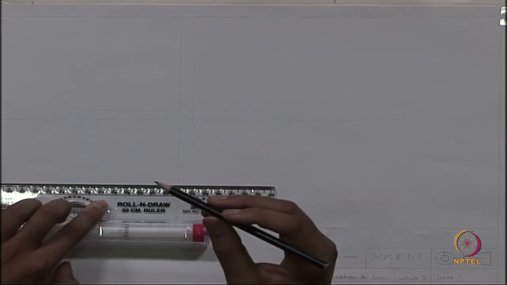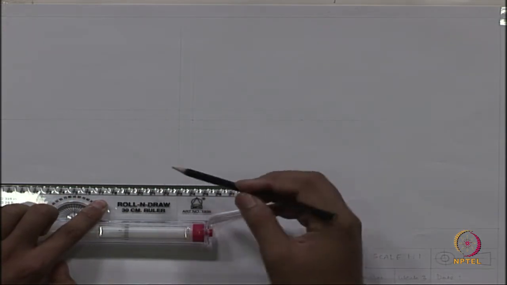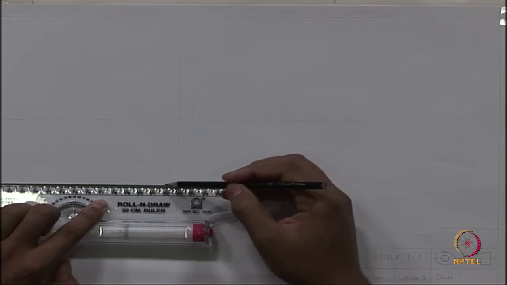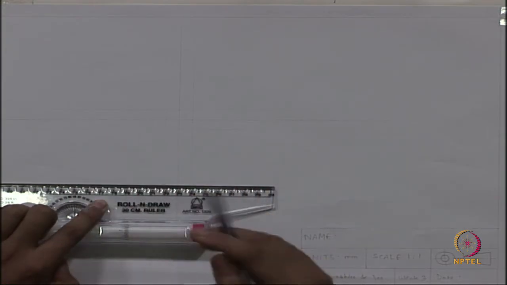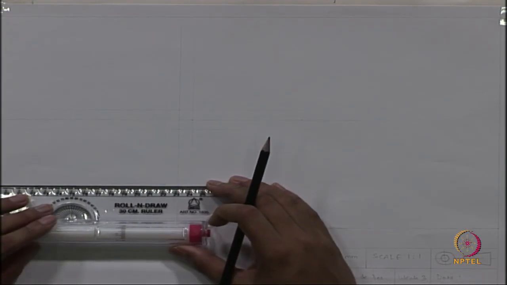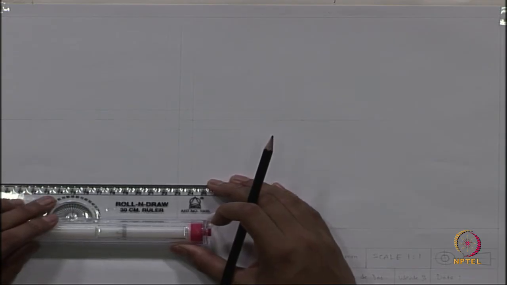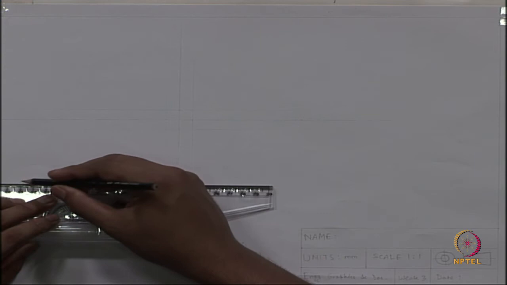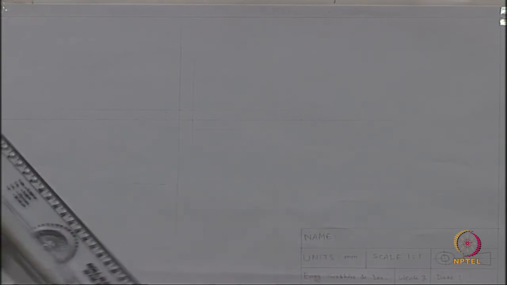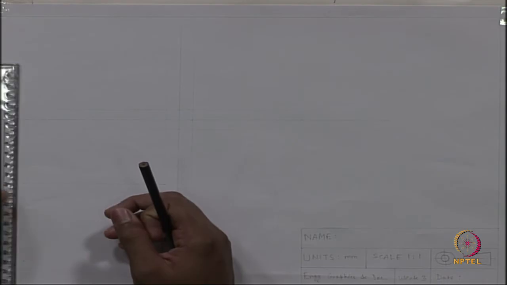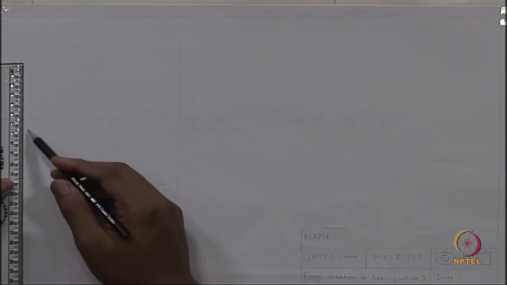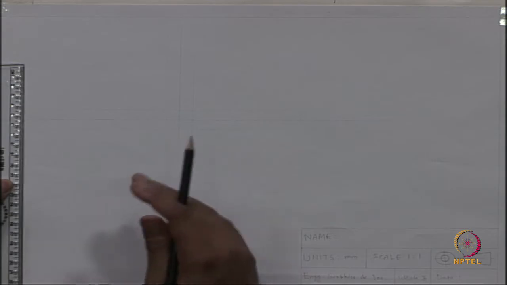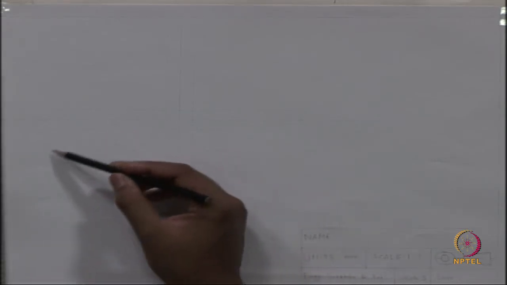For this kind of light lines or construction lines I will use an H pencil, and lengthwise it will be 108. So, exactly at 108 I have to stop. And then I will close this. So, my front view will come in this zone,